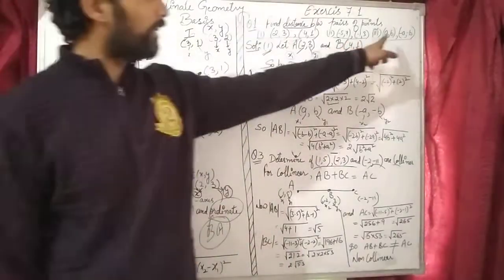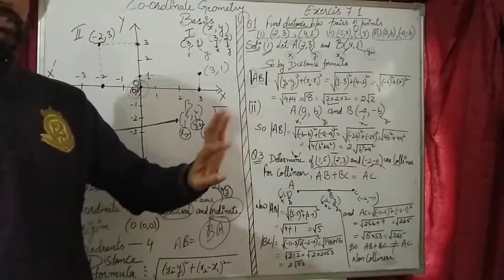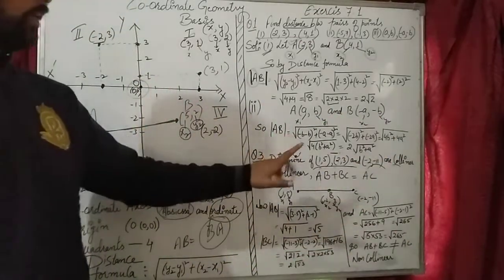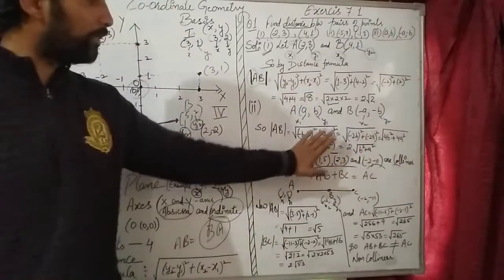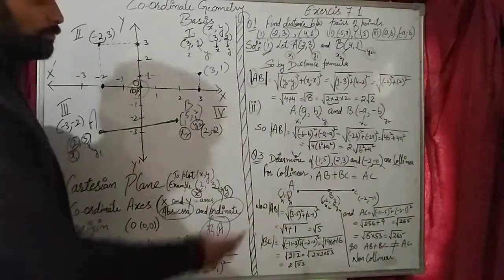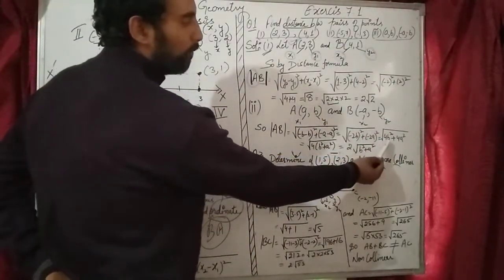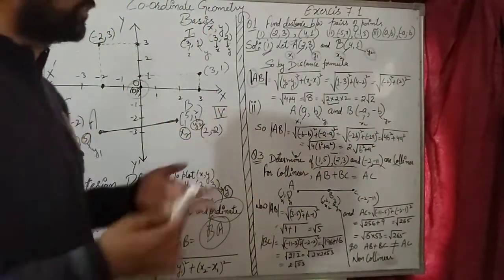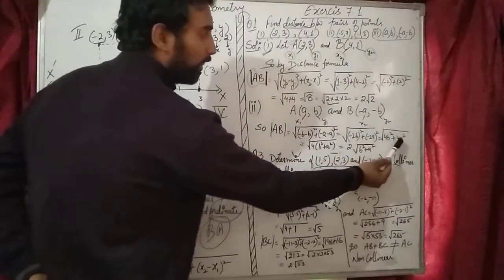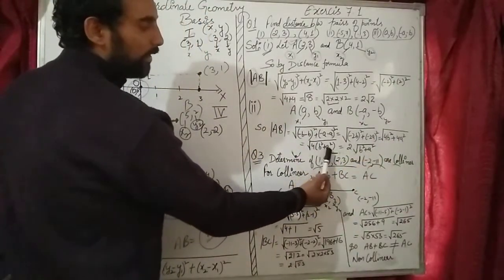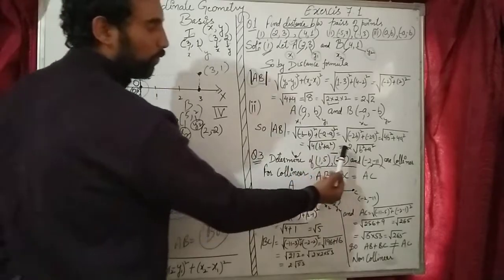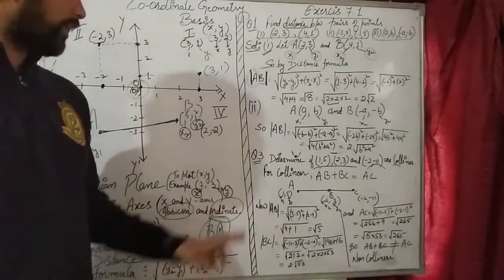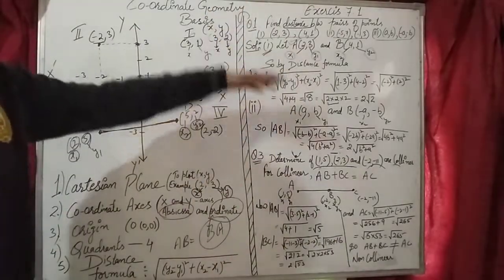The same way for the third part, this is the general case where I write A, B, minus A and B. You have to solve it the same way: x1, y1, x2, y2, and simply substitute the values. When you substitute the values, at the end you get 4a squared plus 4b squared. Now solve it as far as you can. First I take 4 common. This remains the same, and 4 comes out of the square root. The answer is this. I am not able to solve it further, so I stop here. The second question is the same, using the distance formula.